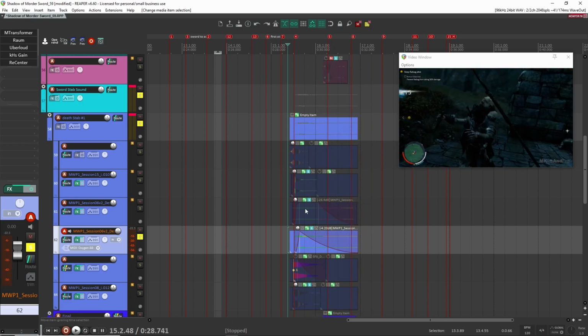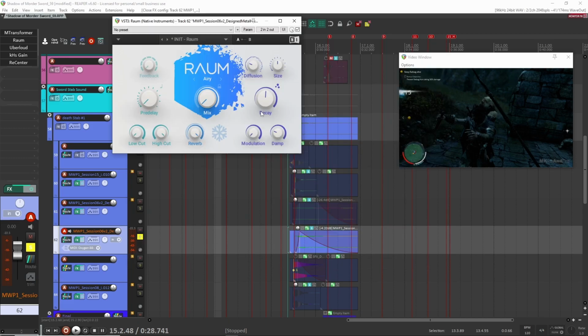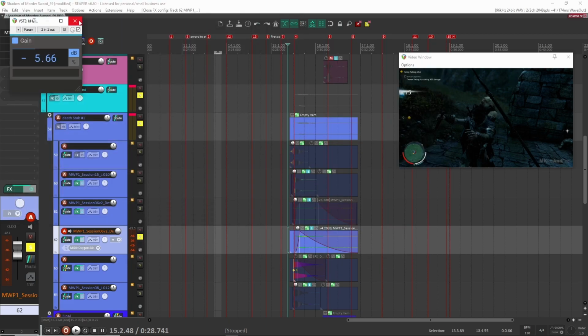Another ring sound to layer with this first one. So let's go over the plugins used to create that sound. I have N Transformer to frequency shift and pitch shift the sound up, ROM Reverb to add tail to the sound, Uber Loud to bring out some of the highs and lows, Gain to balance the sound,